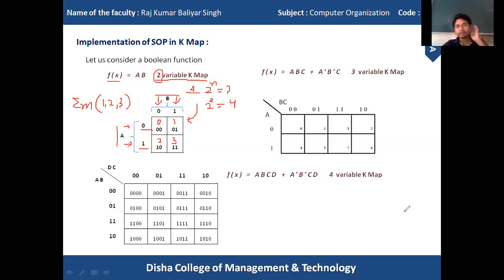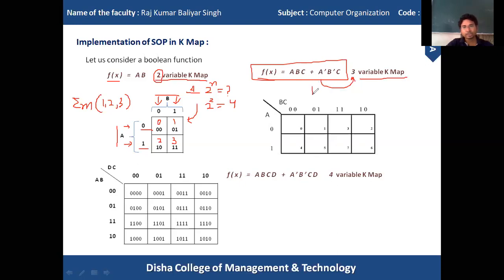Similarly, how many variable K-maps do we have? We can have 2 variable K-map, 3 variable K-map, 4 variable K-map, 5 variable K-map, like that. For another Boolean function, which takes ABC plus A naught B naught C, using 3 variables to perform f of x, we have to simplify this Boolean function by using a 3 variable K-map.